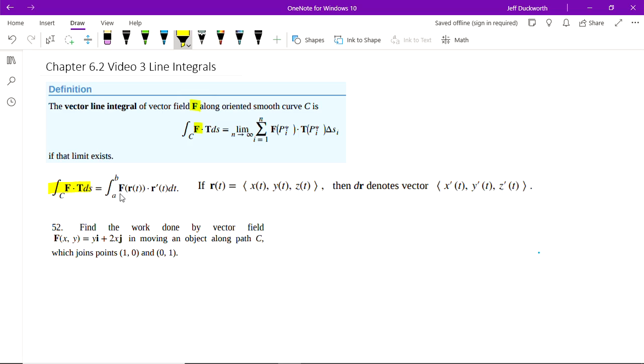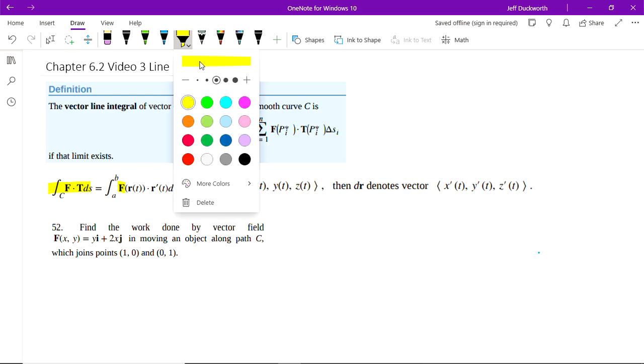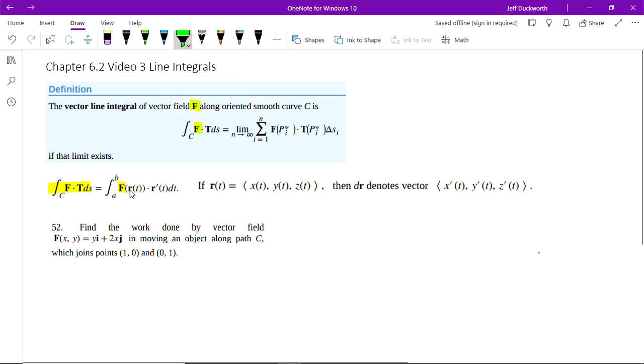So we're going to actually use this formula down here. So the integral over our smooth curve C of F dot T ds, we're going to take, and we'll have the field. There's the field part there, and then we'll have this within it here. So r of t dot r prime of t. So r of t